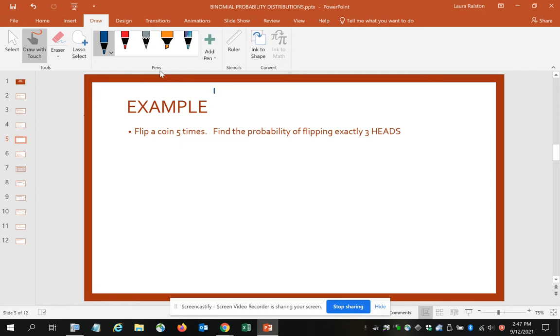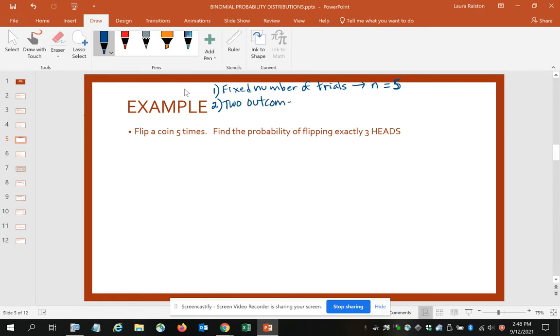requirements. So the first requirement is that we have a fixed number of trials. And if you look at this first sentence, it says flip a coin 5 times. So I'm told in the problem that my number of trials is 5 because I'm going to flip the coin 5 times. The second requirement is that I have 2